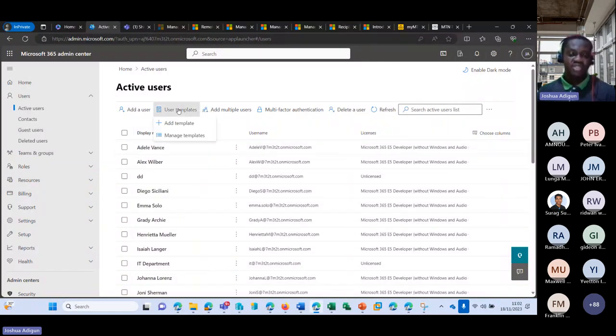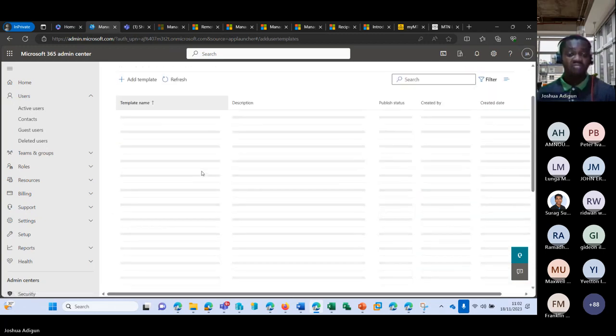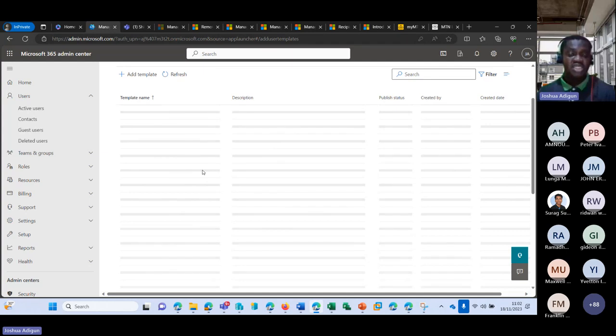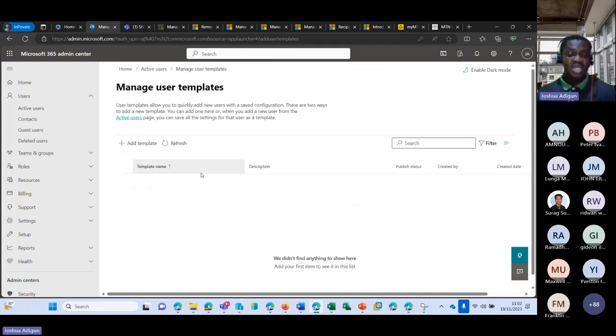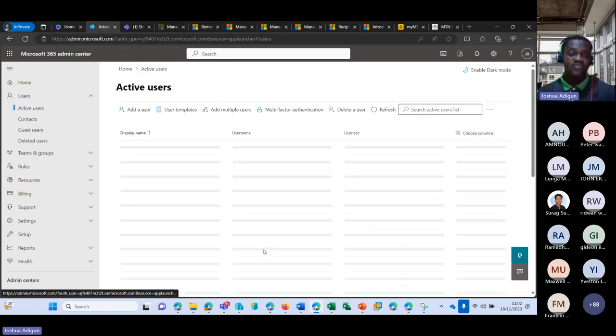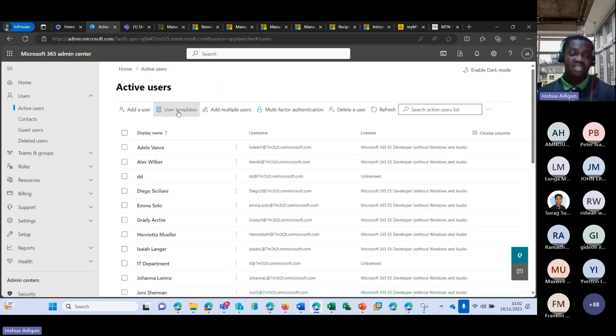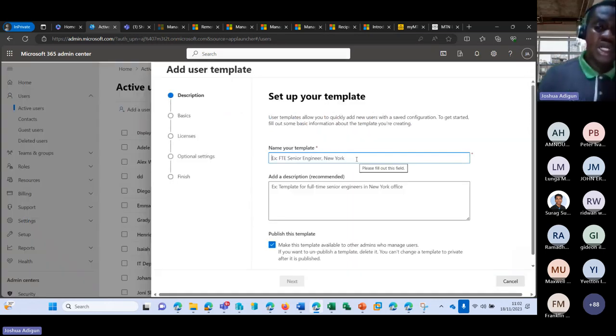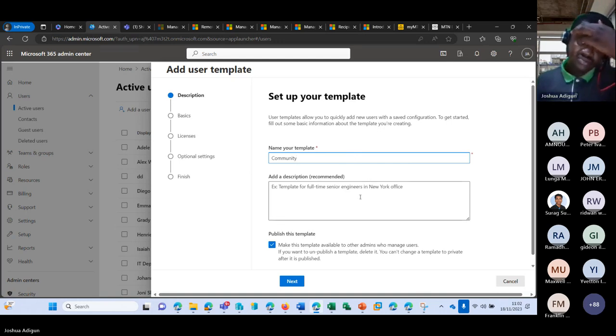So the second method is to use a template to create users. I can click on manage template to see my templates. I'm not sure I have any. Yeah, I don't have any. So let's go back then. So I can use user template. I click on user template, I click on add a template, and I say, okay, I want to create a template for community, right? And then I just copy this. I can give more explanation here. Community members,